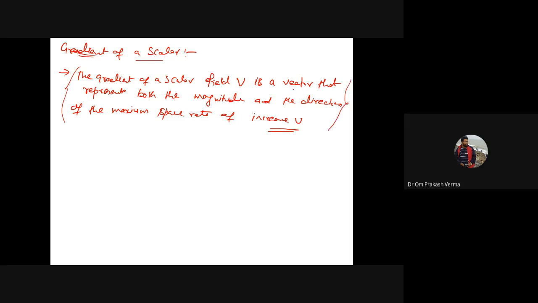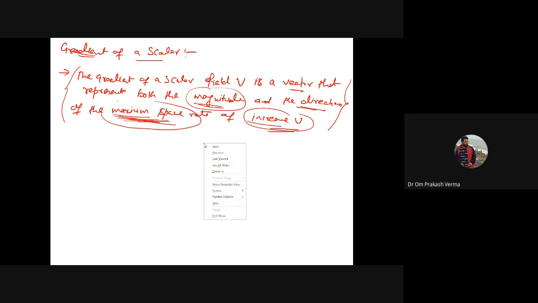It represents a vector quantity. If it is a vector, then it has magnitude as well as direction, but the direction is that of the maximum space rate. So how it provides the maximum space rate, we will see in a few minutes. Of increase of V means, let's say we have